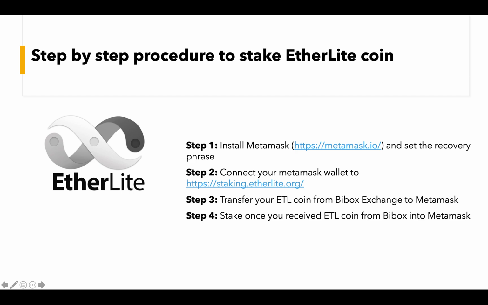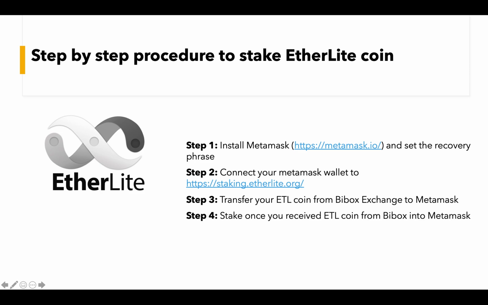I'm going to explain to you a step-by-step procedure on how to stake Etherlite coin. As documented here, step 1: you need to install MetaMask and set the passphrase. Step 2: connect your MetaMask wallet to https://staking.etherlite.org.